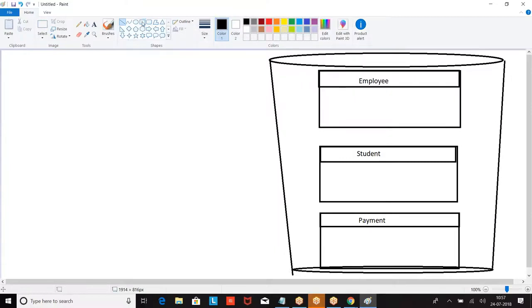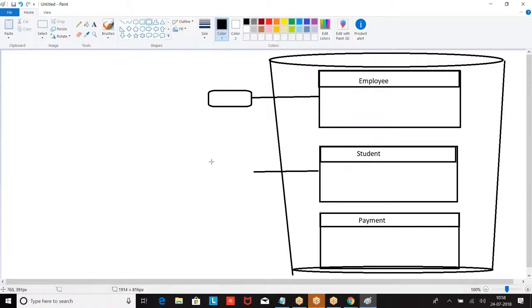Now I am creating an application. Look at this. For every object, how many tabs will be created? Only one tab. On an object, we can only create one tab.